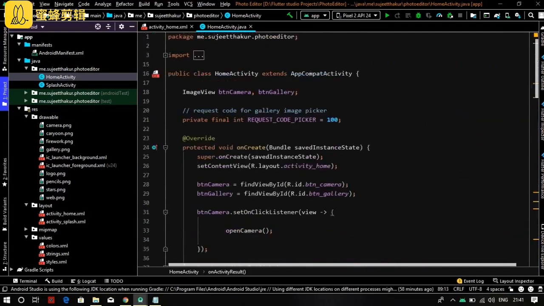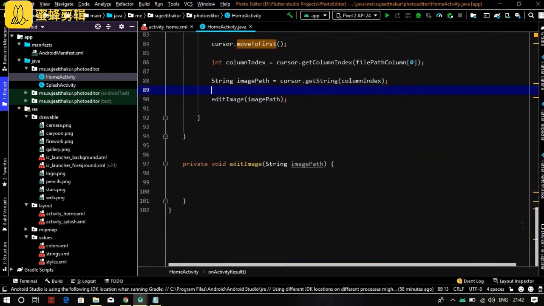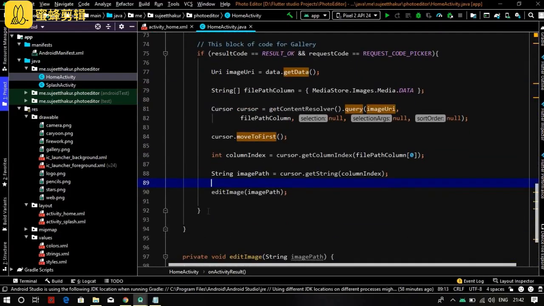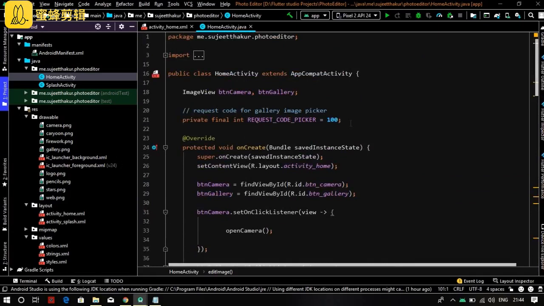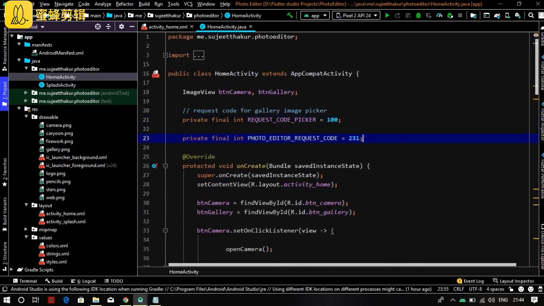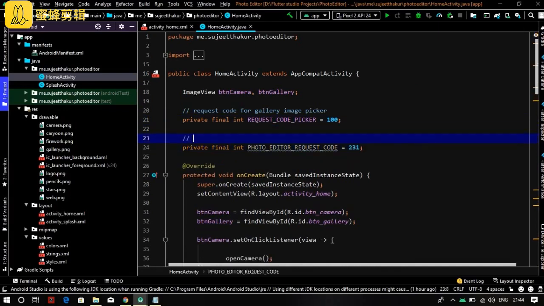Go to the edit image method. Let's create a constant here for edit image: private final int photo editor request code equals 231.